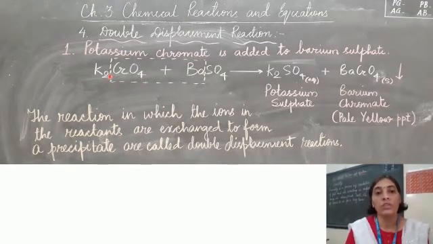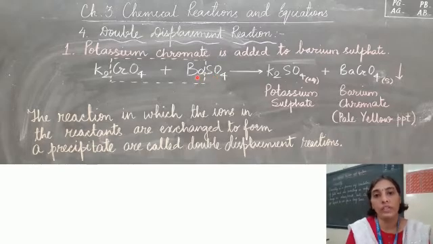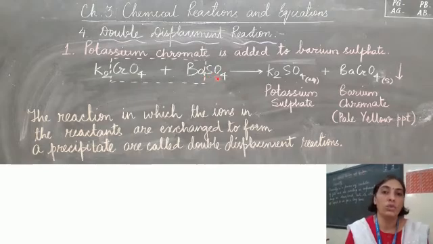K2CrO4. How is this formula formed? You can make it. By now you must have got accustomed to making the formulas, I hope. If not, then you can make them. You can just write K, that is potassium, that is 1 positive, and this is chromate radical, that is 2 minus, and when you cross them you get the formula K2CrO4. Then this is barium sulfate, which is our next reactant. Barium, that is 2 plus, sulfate ion is 2 minus, and when you cross you get BaSO4.